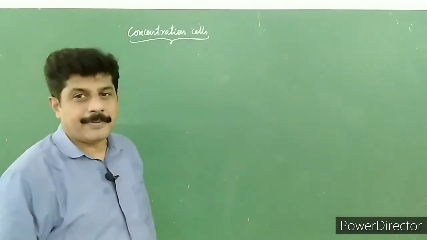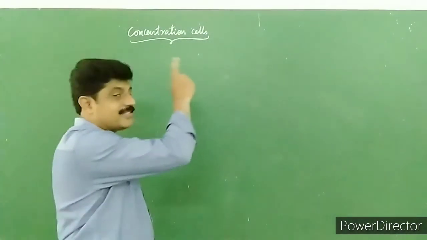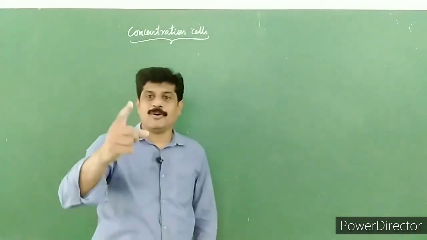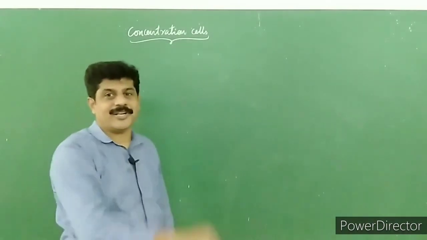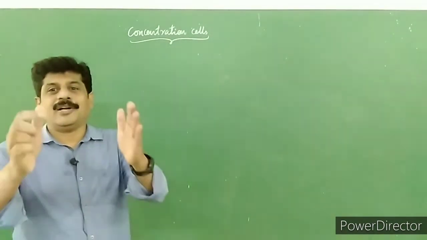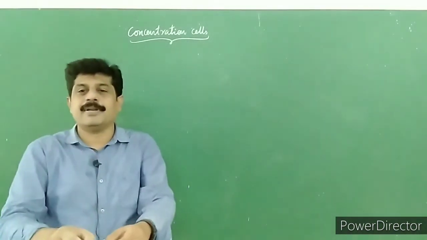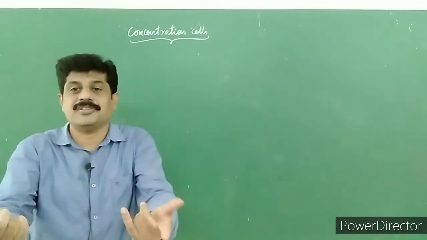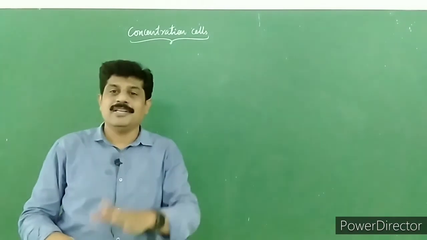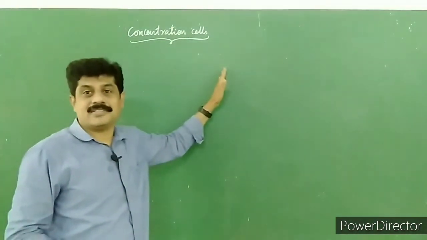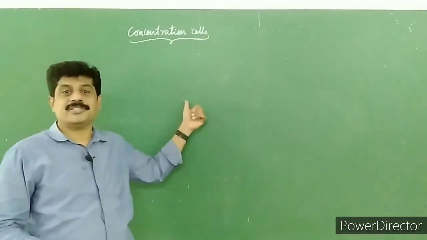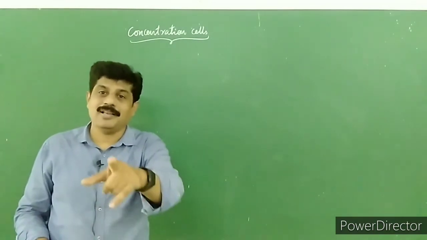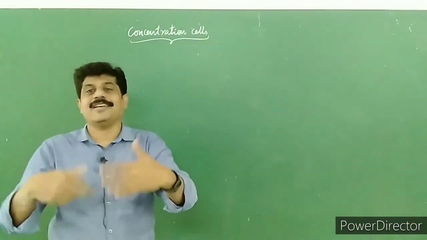Children, let me take up a small topic for you, concentration cells. Though it is a small topic, it is very important for competitive examinations, because you may get some numericals on concentration cells. If electrodes of the same metal are dipped separately into two solutions of the same electrolyte having different concentrations and connected through a salt bridge, such cells are called concentration cells. Remember, in these cells, oxidation takes place on the electrode with lower concentration, while reduction takes place on the electrode with higher concentration.